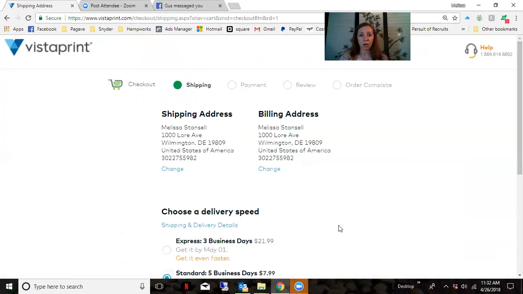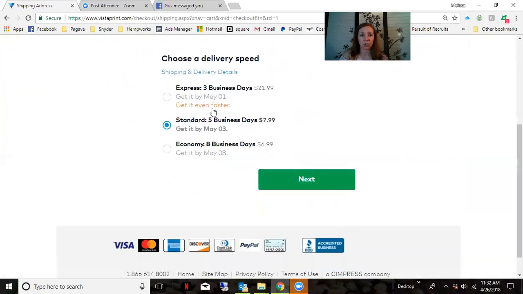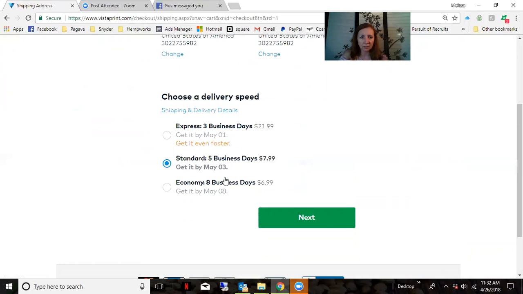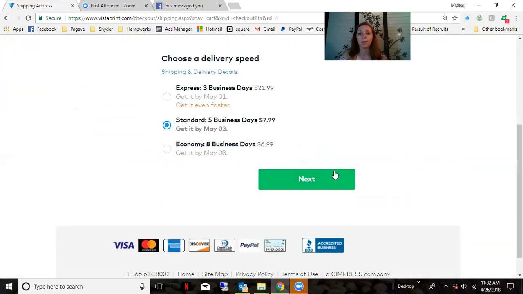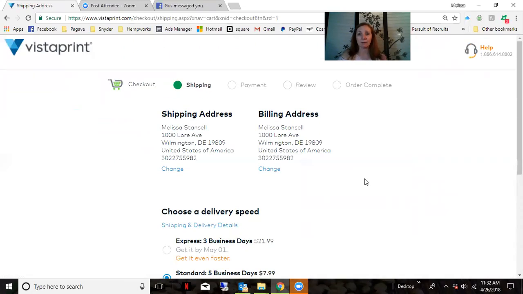and you'll put in your credit card information, your billing address, shipping. I'm probably going to go economy, save $1. It's 5 days difference. I don't actually probably need them before that, but anyway. So then you'll click next. Now I'm not going to finish completing this order because I have some other things that I wanted to order today too, but I really just wanted to take you through how to build a custom Blitz card on Vistaprint,